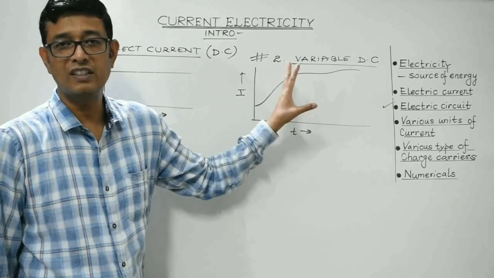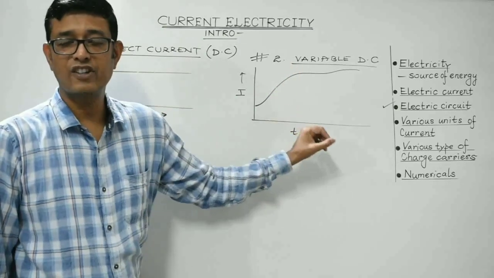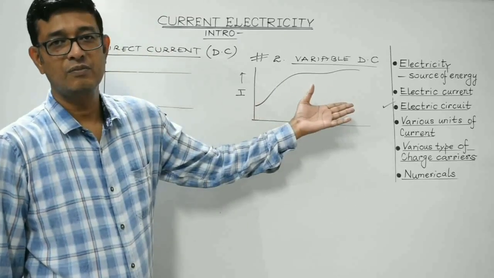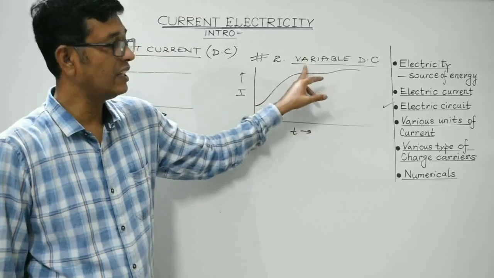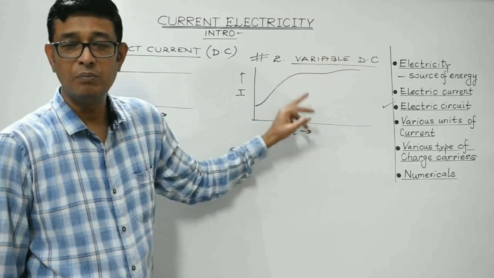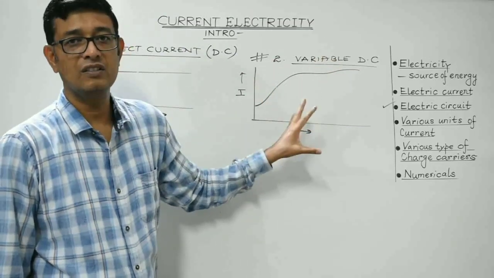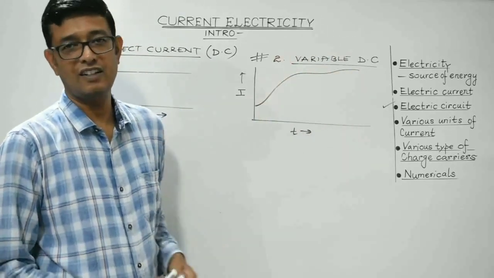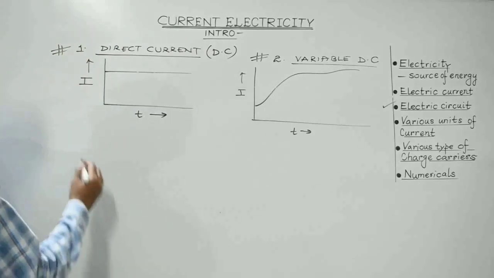It is not constant, but it is unidirectional. Unidirectional means in the same direction. So that current whose magnitude varies but is unidirectional, flowing in the same direction, is known as variable direct current. Right? Third,